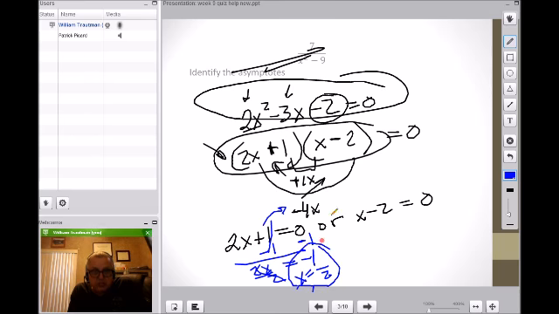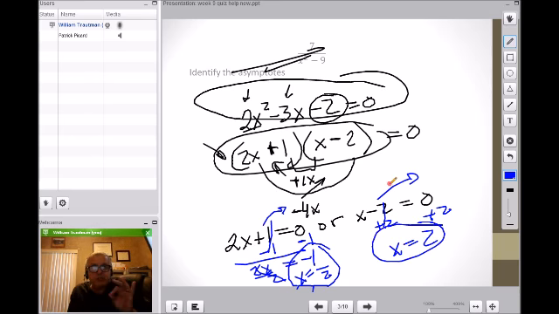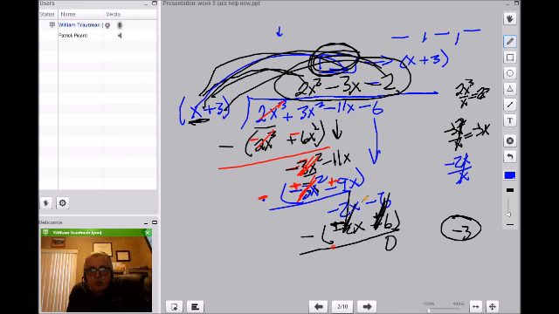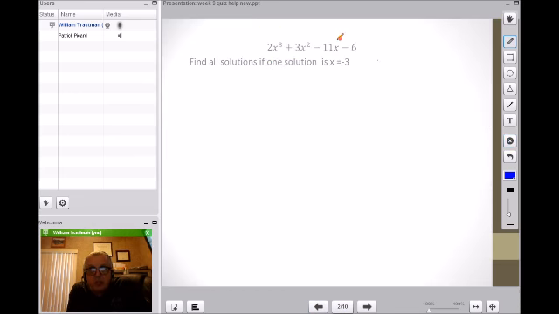That's one solution. The other solution, take this 2 to the other side by adding 2, do the opposite math, adding 2. X equals 2. So my 3 solutions, I have 3 solutions here. X equals 2, x equals negative 1/2, and the original problem, I'm going to erase this now, the original problem,